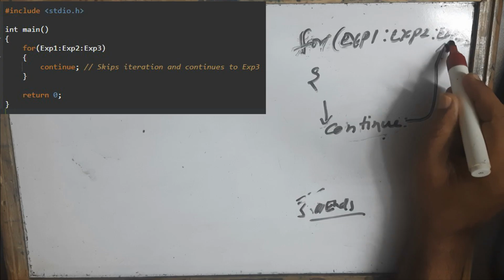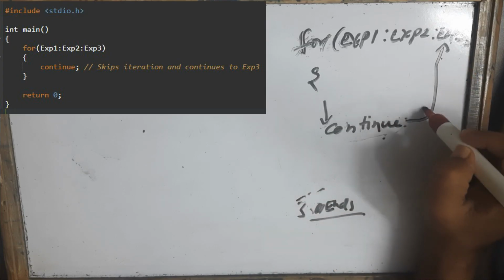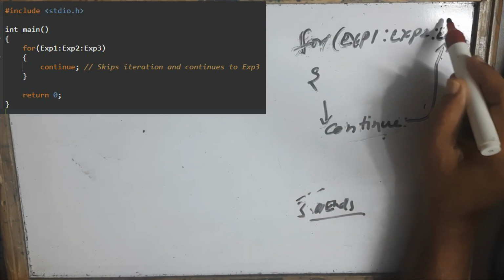It won't continue with the rest of the body. It jumps to expression 3,